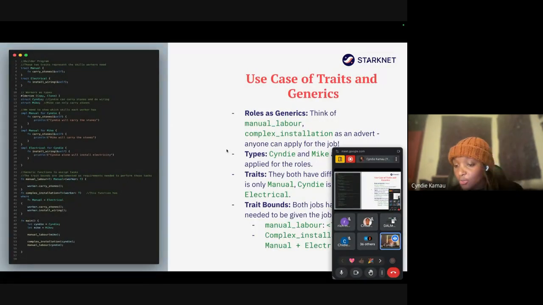So for that, I also wrote another Rust program, which you will see in the slides when we finish. It's just to explain the concept I had for the construction site, where I have two traits which I have now implemented. These are the skills someone needs on our construction site, right?